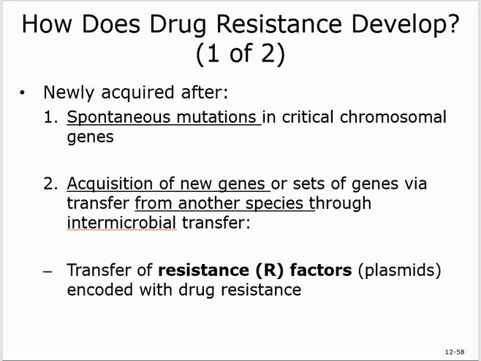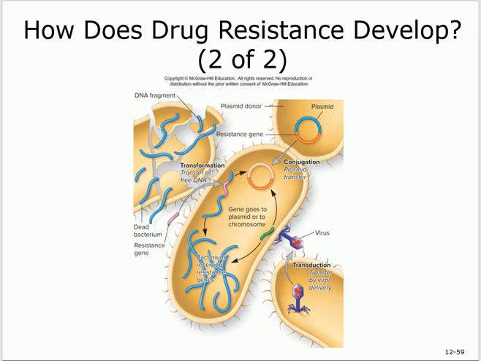Something happened and it takes this gene from here and transfers it to another bacteria. It just happened. So transforming or acquiring new genes. Transferring resistance factors. This bacteria has a resistance factor, and the plasmid takes it from there and sends it to another bacteria. Now the other bacteria is also resistant. Okay? So they acquired a new gene somehow.